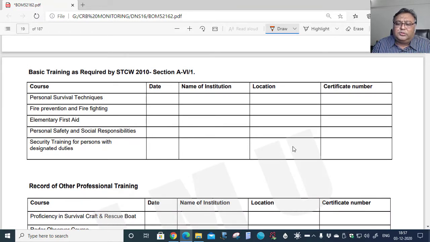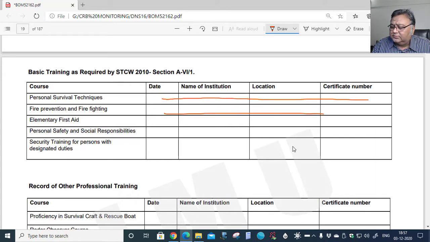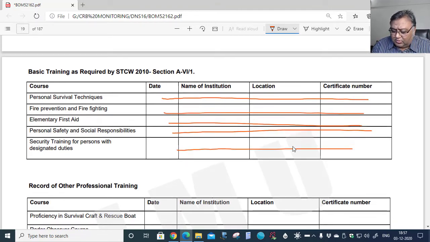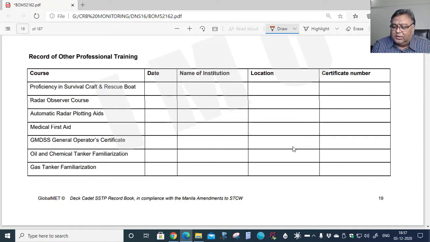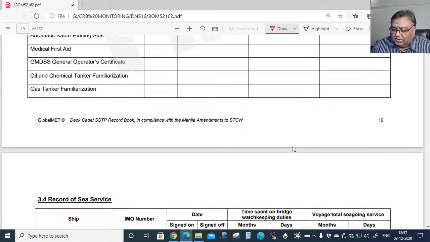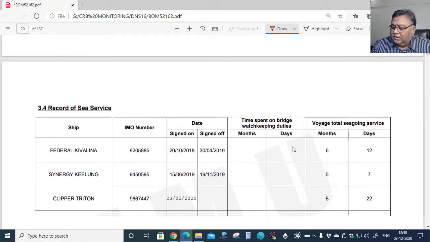Well, whatever courses you have done, you are supposed to fill the data here: PSSR, security, first aid and so on. Similarly, other professional training courses, as you keep progressing, you are supposed to fill the record.